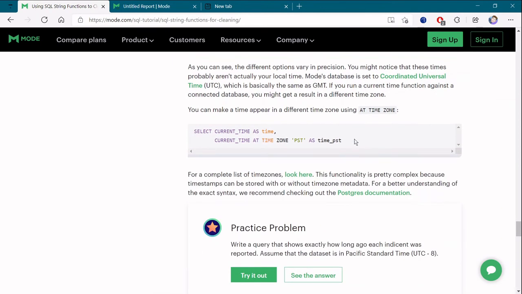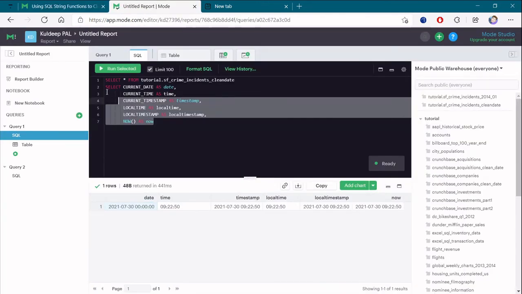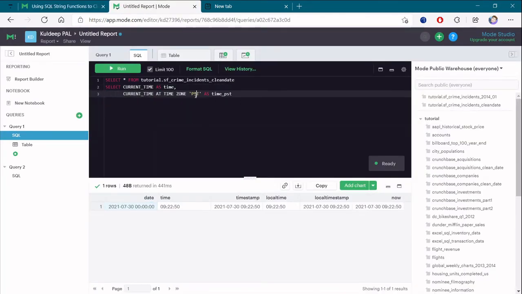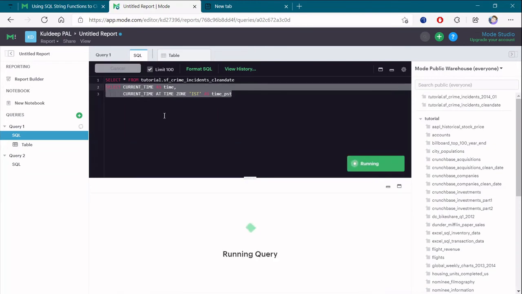And here also the same thing, if you want to convert the current time to PST or IST. Okay, let's try this. Let's try with IST because right now I am in India. So let's try with this: the current time, whatever that server is having, and we are converting it into IST time.